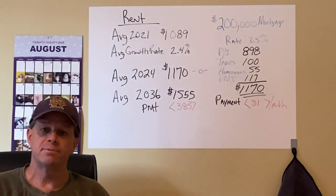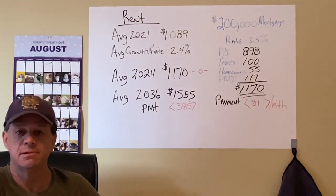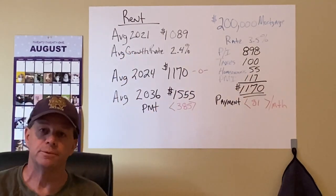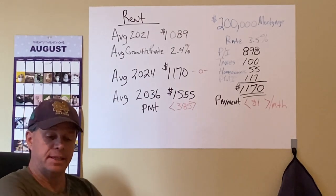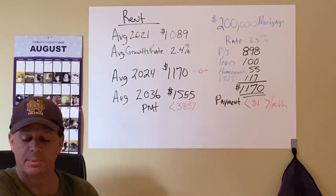Well, you might say to yourself, well, geez, Bob, I'm $81 a month in the hole on that mortgage versus renting. That is true. You are $81 a month in the hole in this example. I mean, I literally made up this example. But anyways,